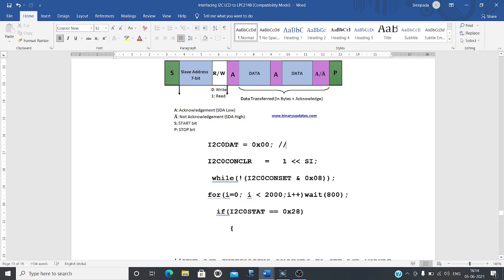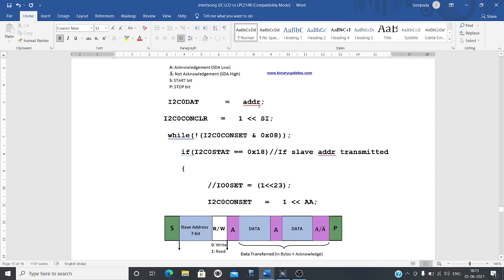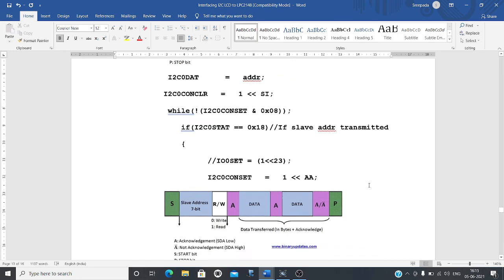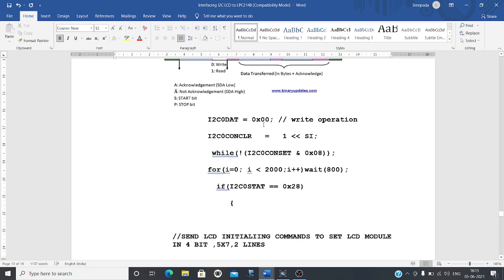This one is what? Write operation. In the previous one, ADDR will only contain the slave address, and the actual read/write information will be sent separately, by another identical operation, but with the proper write code.